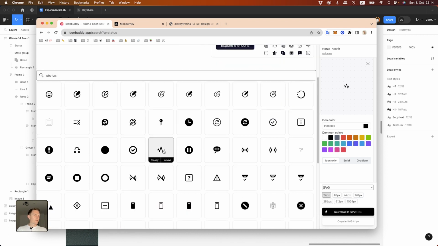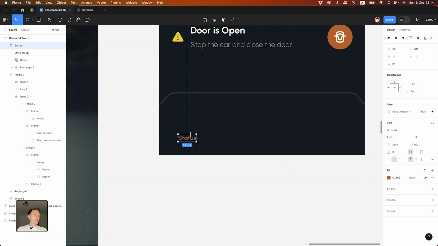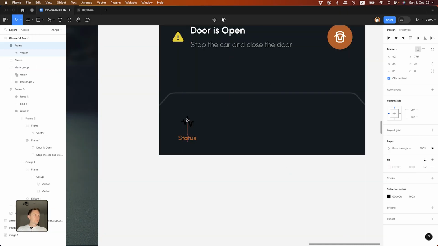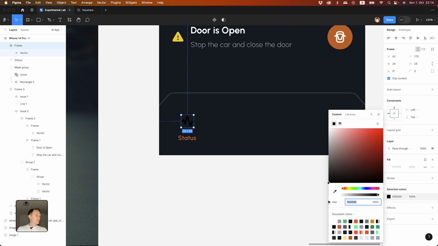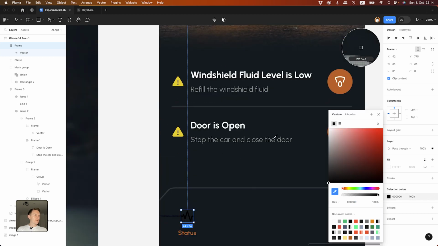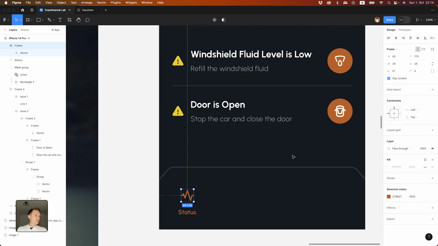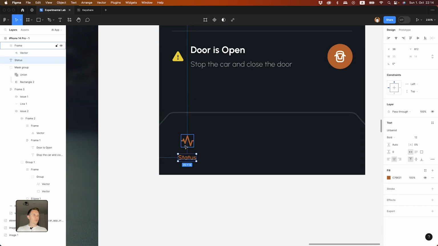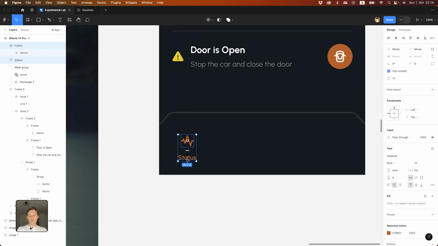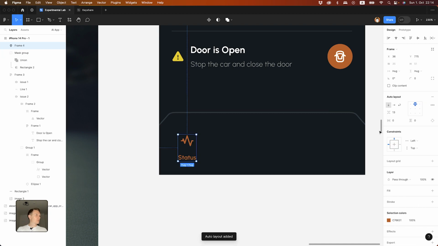Yeah, I think this is good to represent the status. Same orange, and let's put them both into auto layout container. The vertical gap is 8,